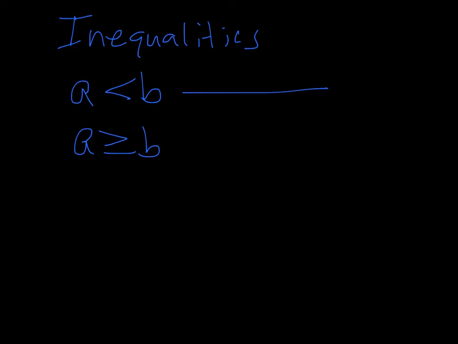So when we say A is less than B, here's B, and A is going to be somewhere down here. A is less than B. And then if we say A is greater than or equal to B, here's B, it might be at B or to the right of B. Well, we can represent this same